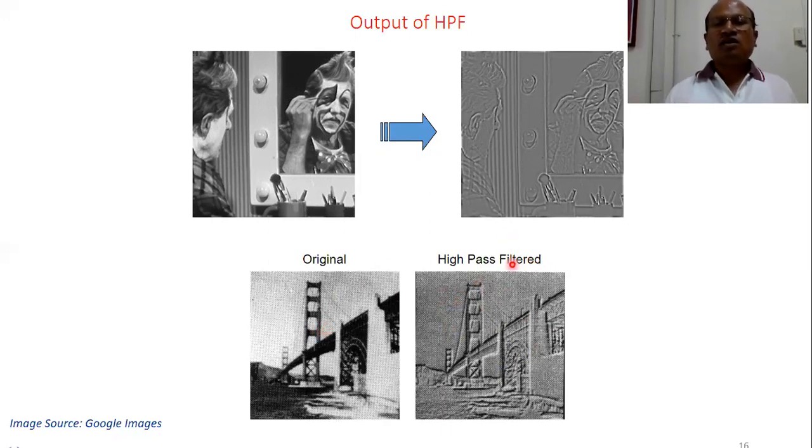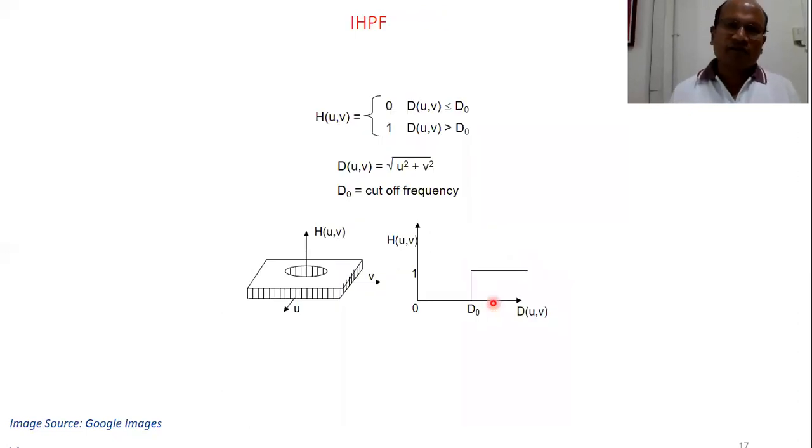So the high frequency content is passed, filtered, and the low frequency content, see these small thin lines, though it looks like edges, but because of the lower intensity value versus the higher intensity value, there is not much difference between the neighboring pixels, so the edges and boundaries are not seen properly, so it's not appearing predominantly in the output. See, in the output of the high pass filter, the edges, boundaries, and high frequency contents are appearing.